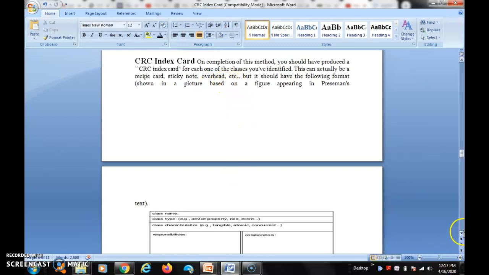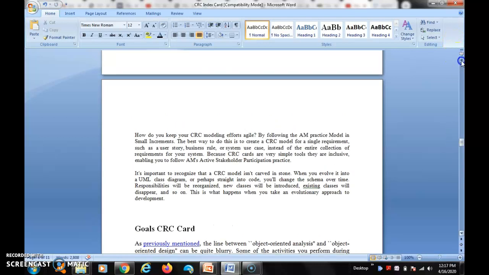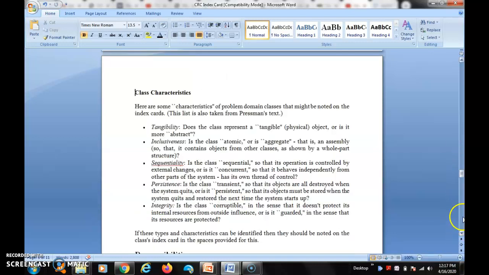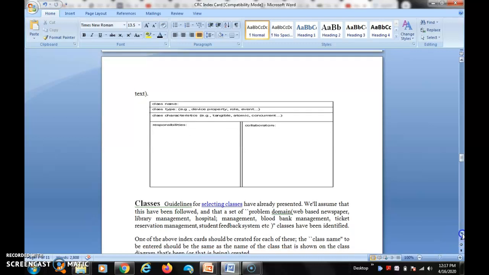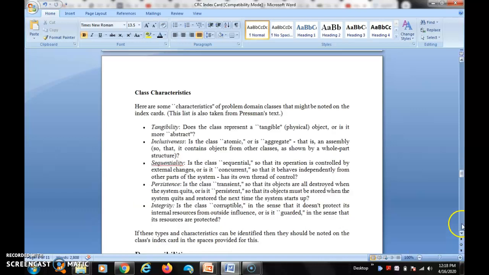So here the example is given in the below pages. So in this example, it is class name, class type, class characteristics. Here the class name may be ATM. You are going to withdraw money, meaning the bank customer is going to withdraw the money. And next, the class characteristics are tangibility, inclusiveness, and then sequentiality, and